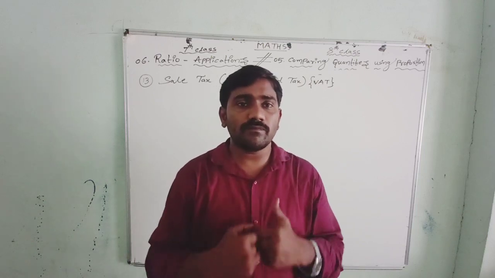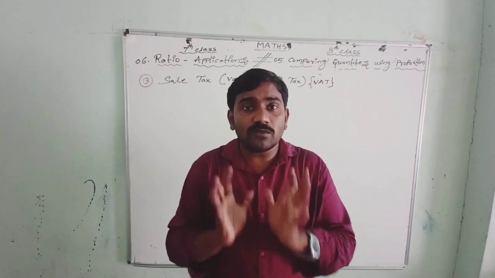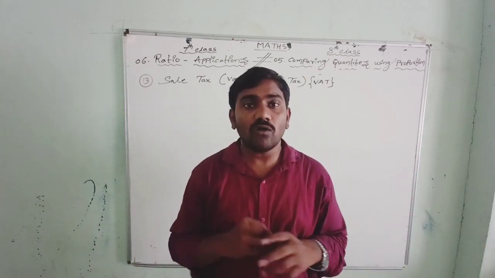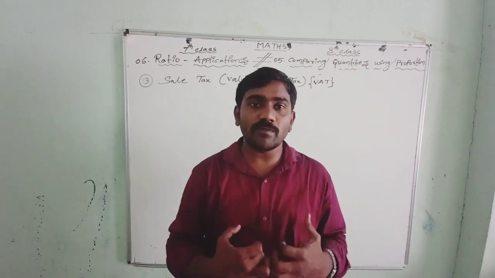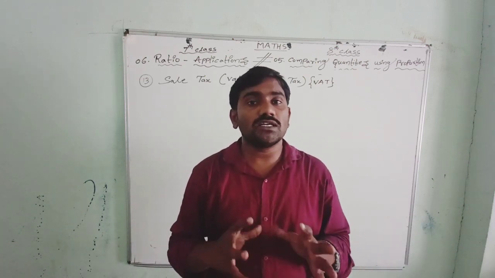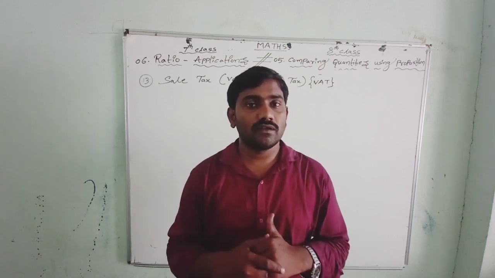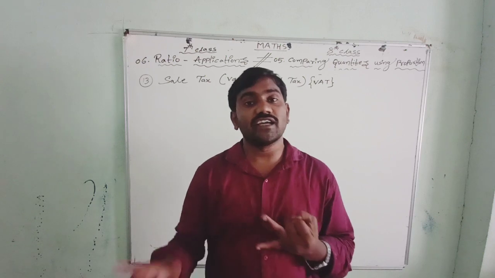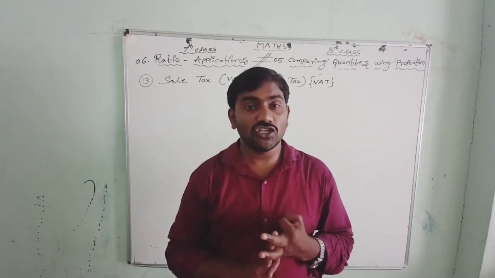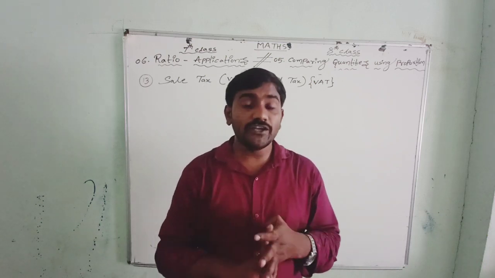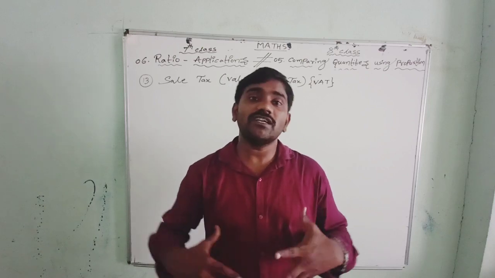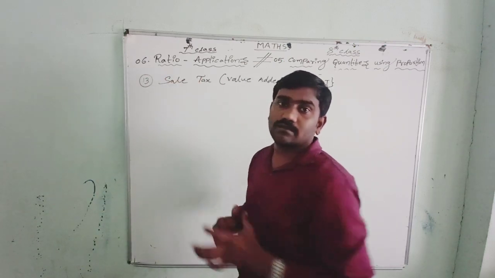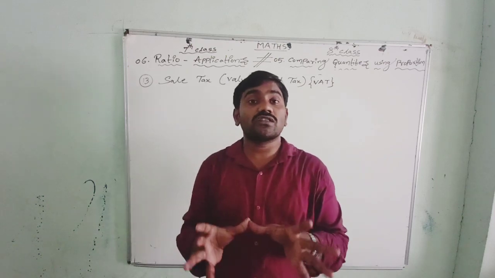The government collects the taxes from the people, and the government will spend that money on the people only. They collect the taxes from the people and spend on several welfare activities, like pensions, providing ration, free education in government schools, and free treatment in government hospitals. For these the government requires an amount, so they collect taxes in the form of sales tax or value added tax. I hope you understood about the tax.